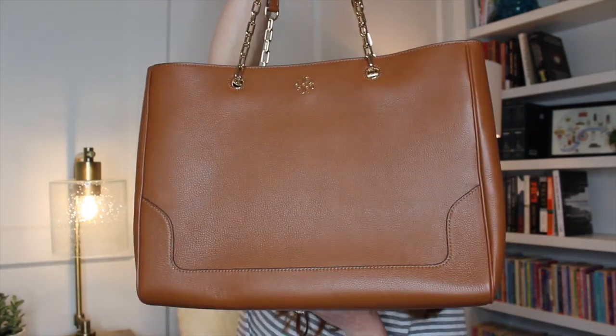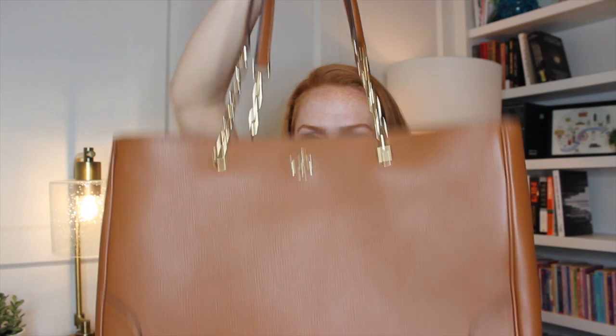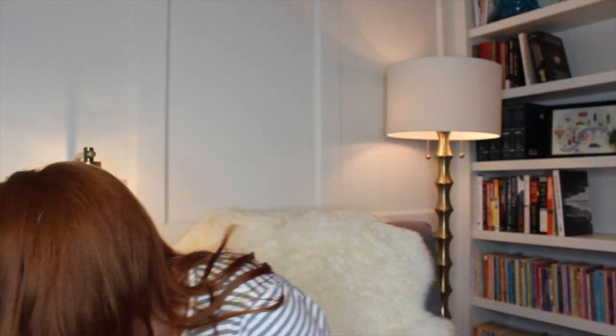Next up are probably my favorite things. For sure the biggest splurge for me. Love them. So I got two Tory Burch bags. I got this one right here. I don't know if you can see. Super, super cute. And you actually can take the things out of it, oddly enough. Like you can remove the straps, which I find intriguing. And also,